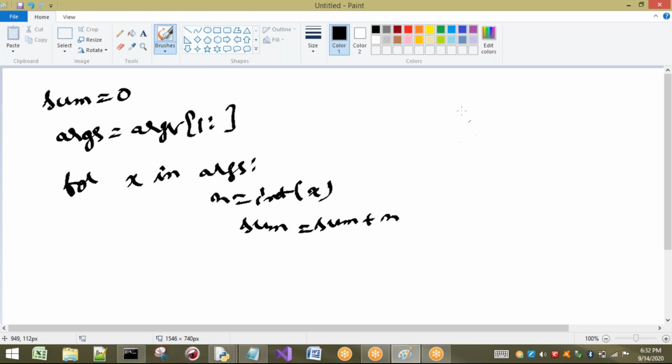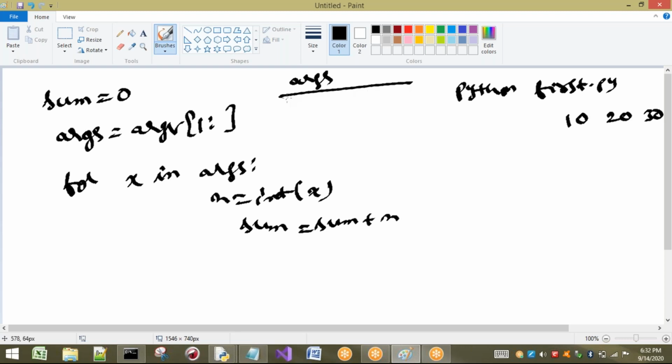Let us consider I am executing my program, python space first.py. While executing I have taken 10, 20, 30. So these values will be stored in where? In argv. So in argv what we are having? Three values? No, four values, because my file name will also be there. So 10, 20 and 30 will be there, but in string form. I am not going to consider the file name here, because it is going to take from the first index. That means in args this will not be there.